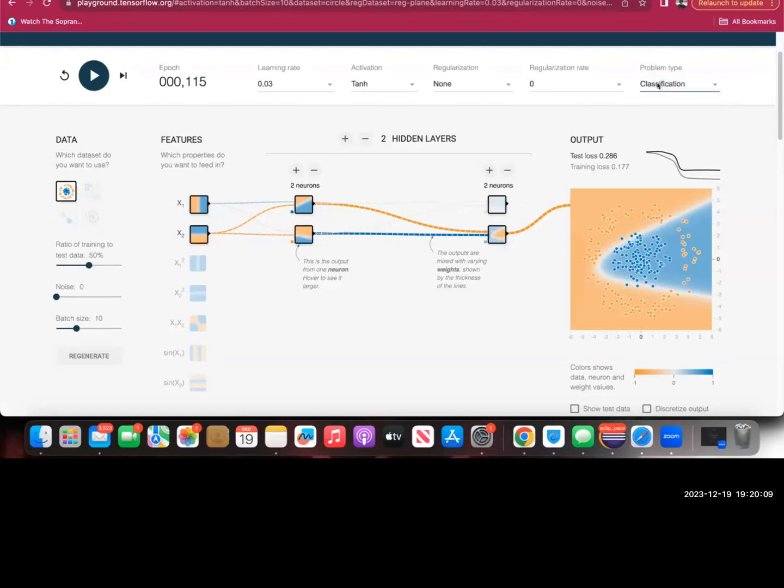Regression means we have to estimate a value. For example, what's the chance we'll have rain tomorrow? If it's a classification, it will be yes or no, or maybe there's one in the middle said maybe, three labels. So will it rain tomorrow? Yes, no, maybe. That's called classification. But if my answer is say 90% chance of rain, that's a regression. That's a number. So that's a regression